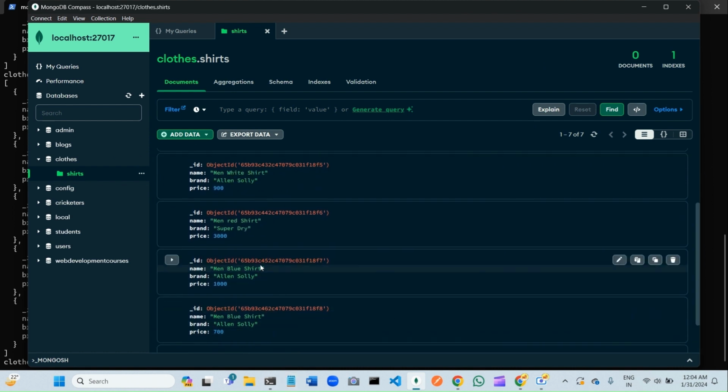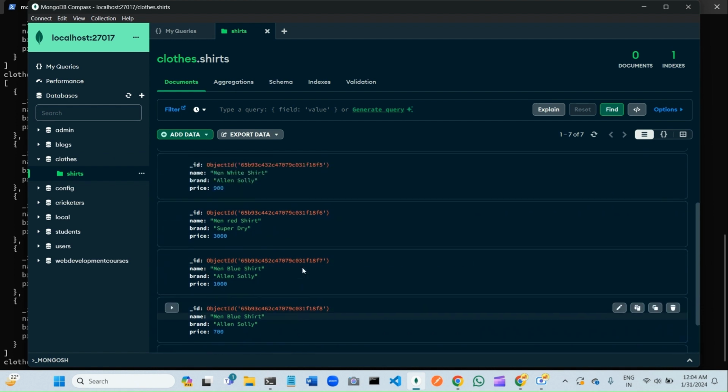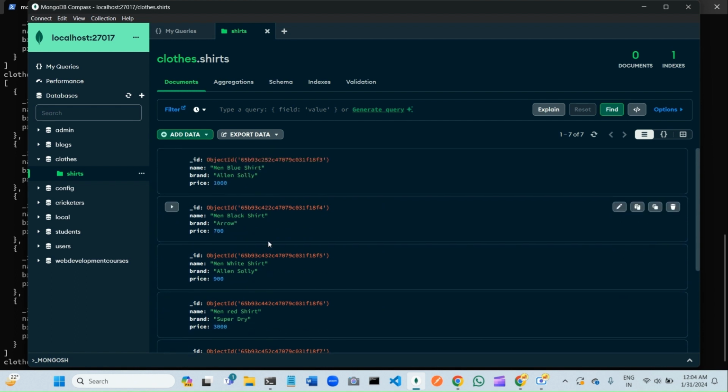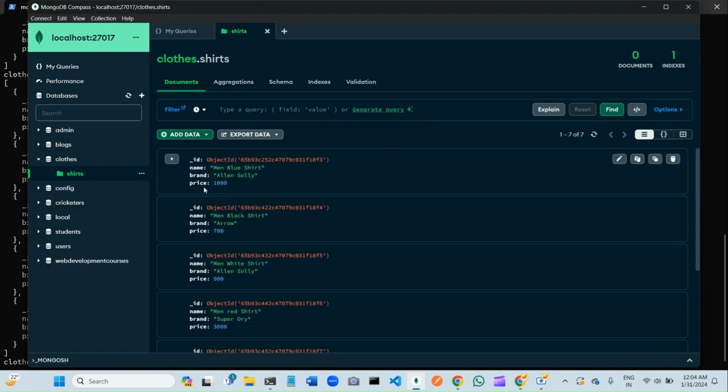Let's see the greater than and less than operators. So I want to get all the shirts which are below 1,000 rupees. For that I have to use the less than operator. So db dot and then collection name which is shirts and then find. So in this query we are getting the documents based on the price field. So I have to use